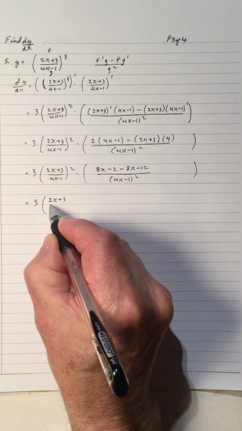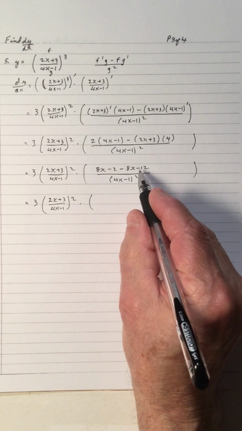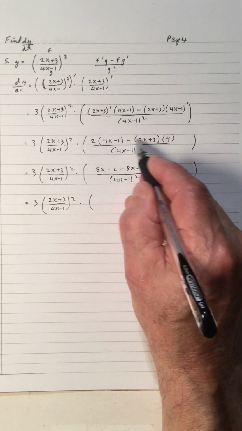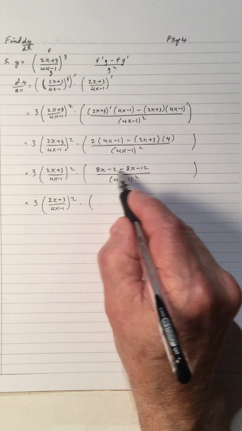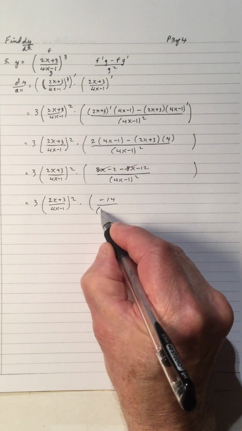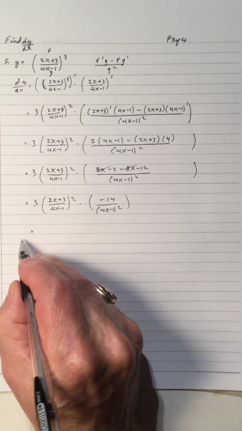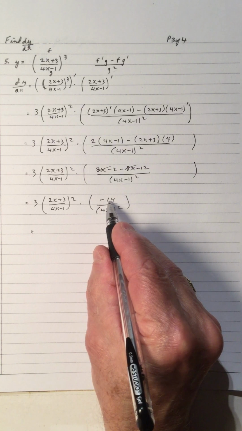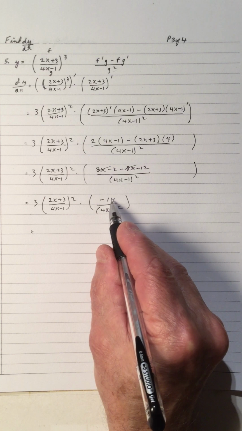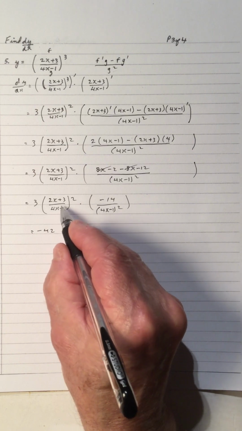2x plus 3, 4x minus 1 squared. And we simplify here. Notice we did the multiplication, and I put the 4 here and multiply 4 by this. So now we're going to add. They cancel out. That gives us a negative 14 over 4x minus 1 squared. And when we multiply that, 3 times negative 14 is negative 42. And this gives us